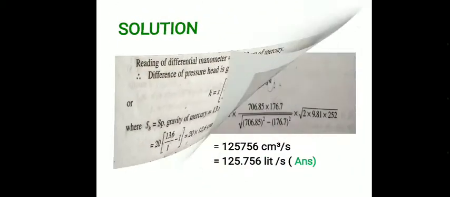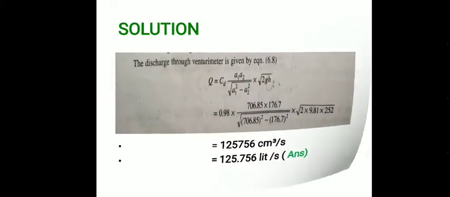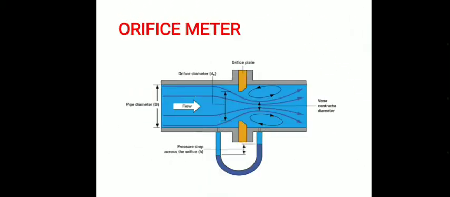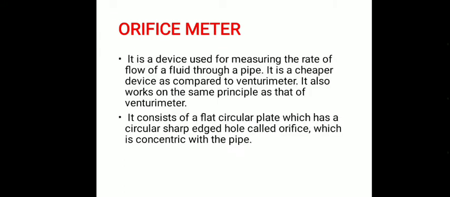Now let's see a new device for measuring the discharge or rate of flow, and the device is the orifice meter. It's also an application of Bernoulli's equation. An orifice meter is a device used for measuring the rate of flow of a fluid through a pipe. It is cheaper as compared to a Venturi meter. It also works on the same principle as that of